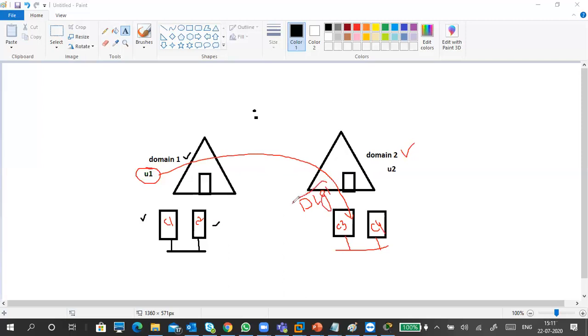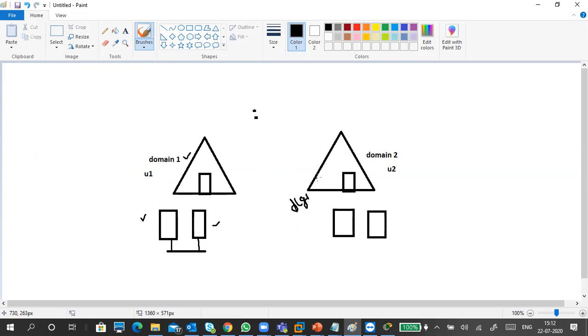Okay, so I created a group called DLG1 and I put a member in this one and gave a permission to this one. I will explain it again. Now I'm going to create a group. Group name is DLG1. This is my group.